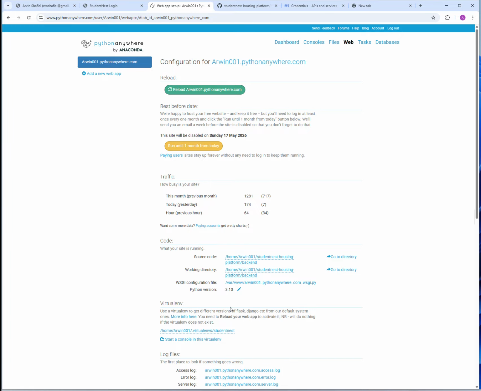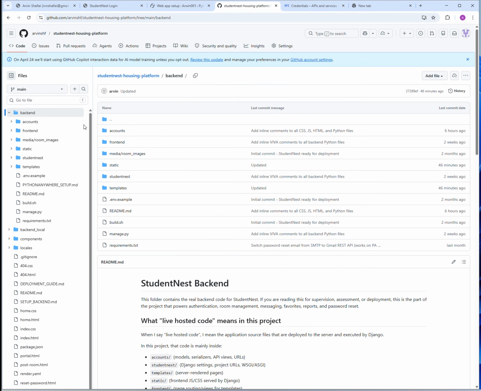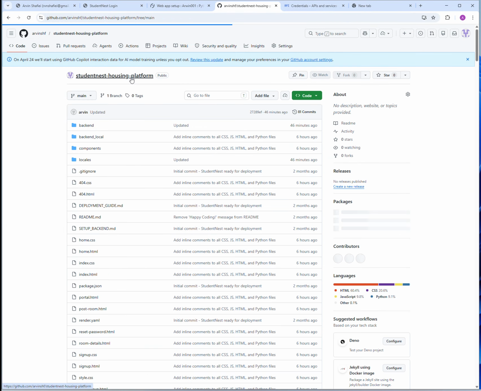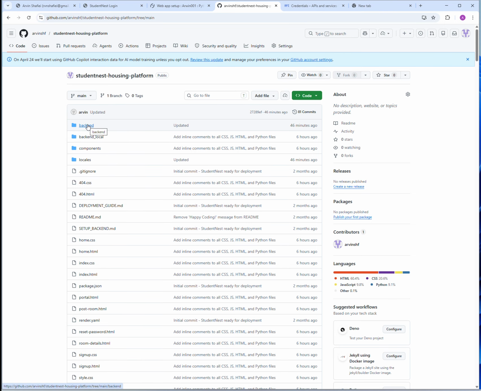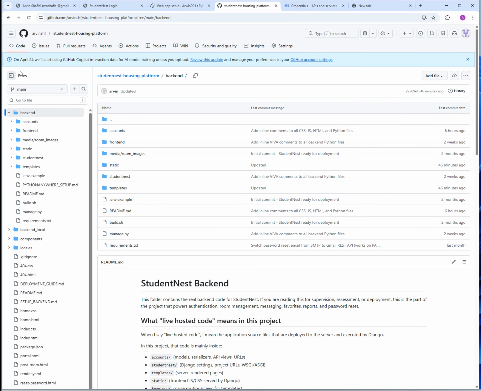the code is uploaded on GitHub here in the student housing platform repository, but the specific code that is used in this project is in this folder, backend. You need to open it, and every file here is used within the project. Other files in the repository are just for testing. So this is the main